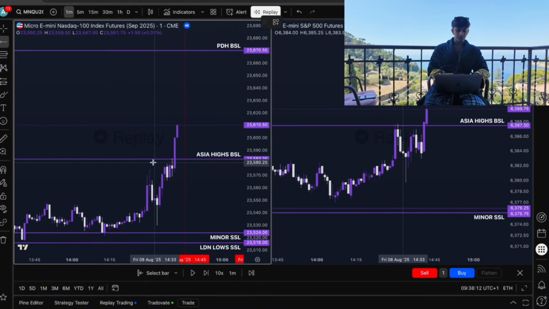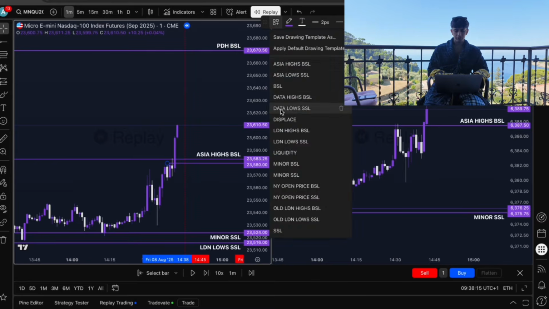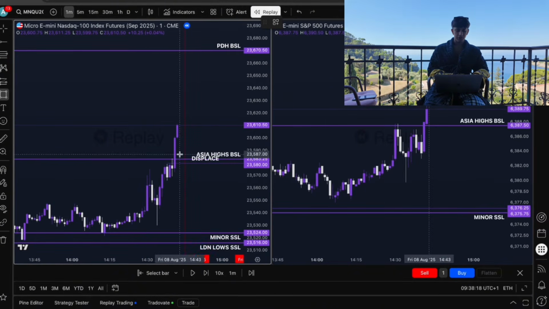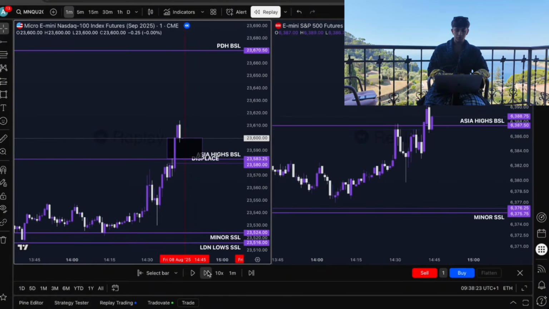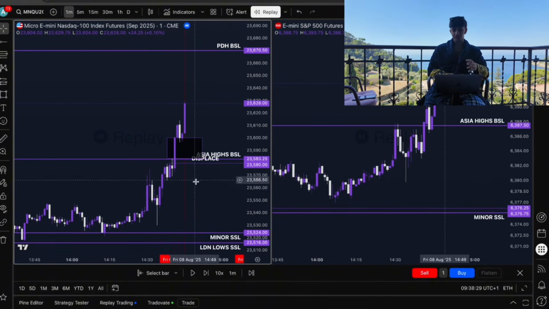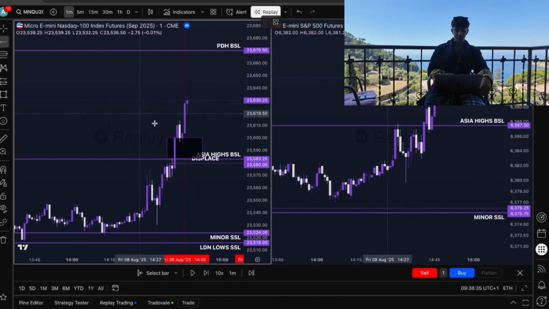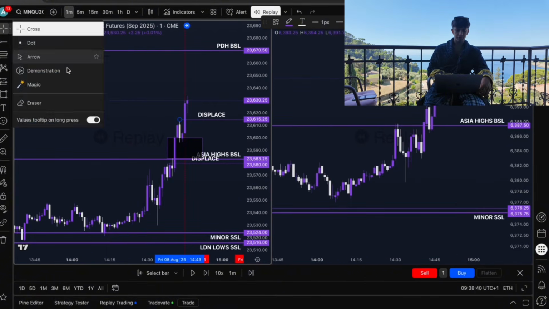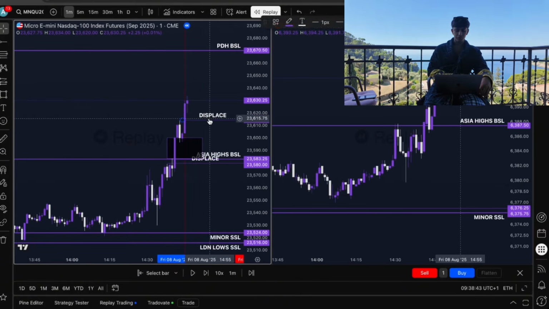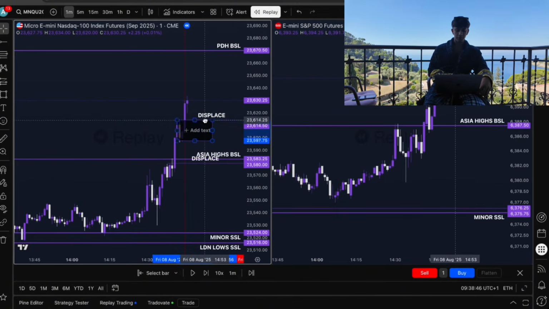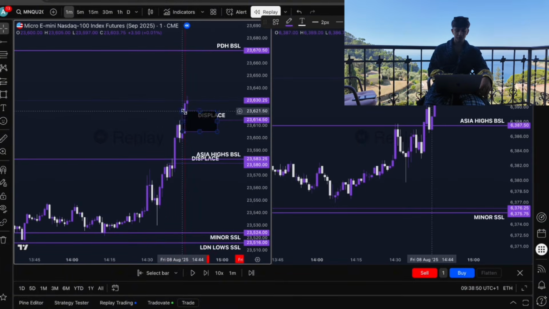What we can see then was a displacement higher through the swing high, and then a 1 minute bullish fair value gap that presented as we were coming into macro. It actually tapped in 1 minute before, but then coming into macro it was taken off completely, and we didn't manage to get a retap on that first presented gap. So we're then looking at the next point that we could take, which was this displacement through this short-term high, paired with a mitigation block. A tap off this 1 minute bullish gap would be valid for us to go long.